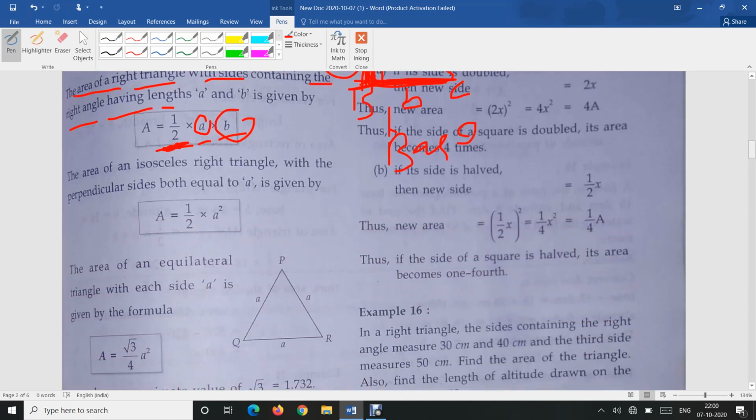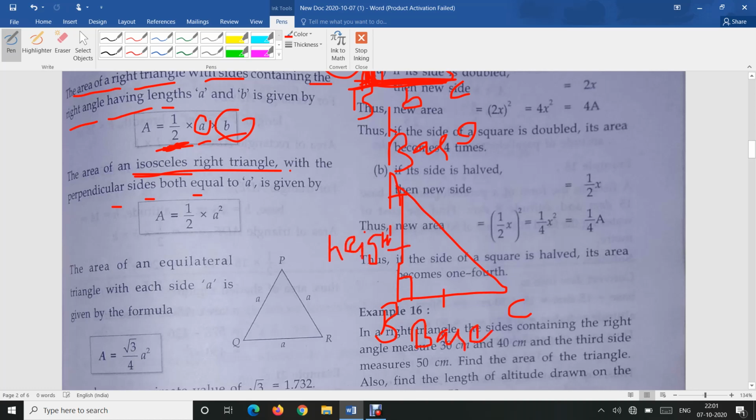Area of an isosceles triangle with perpendicular sides both equal to A. Suppose you have a right triangle, because it is saying isosceles right triangle. Suppose you have a right triangle, this is of 90 degrees. In this case, see, isosceles means when a triangle has two equal sides. So in this case, this will be the base and this will be the height. At the same time, it is the hypotenuse,